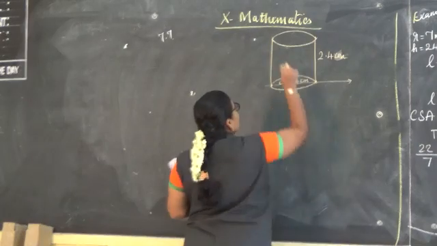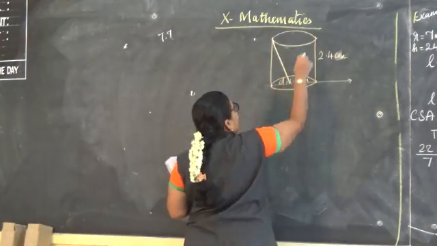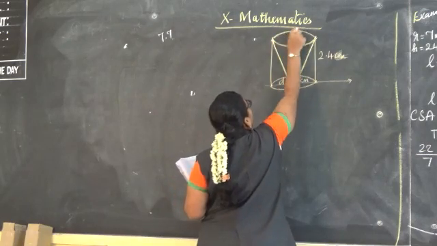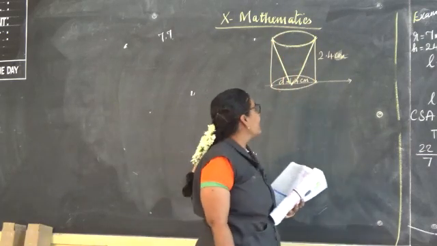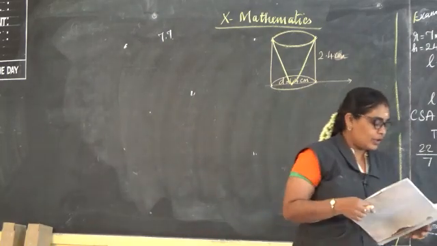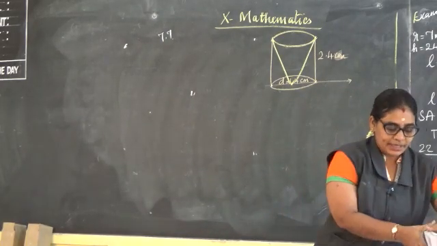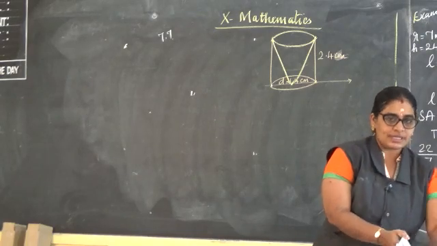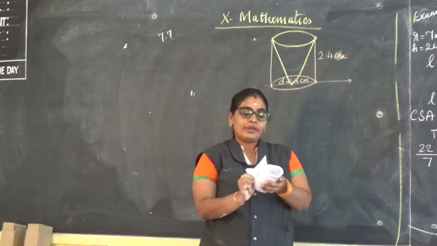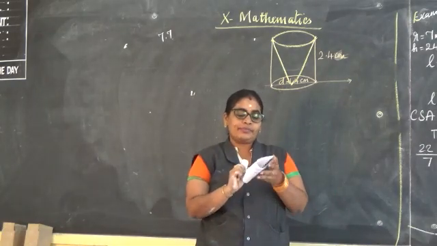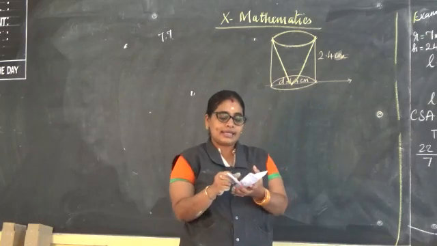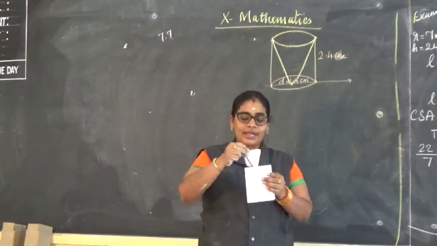And a conical cavity of the same height and base is hollowed out. The base is hollowed out like this. We are hollowing out. Find the total surface area of the remaining solid. It means it's not the total surface area. Whenever we are having a material like that, think over, we are having a cylinder like this, and inside the cylinder we are taking out a conical part.